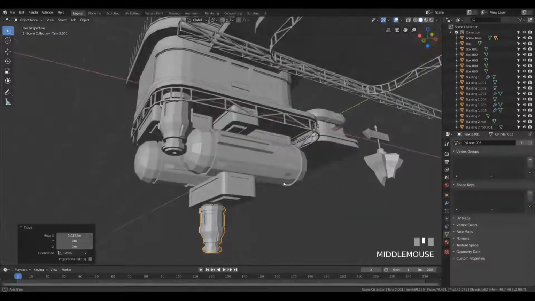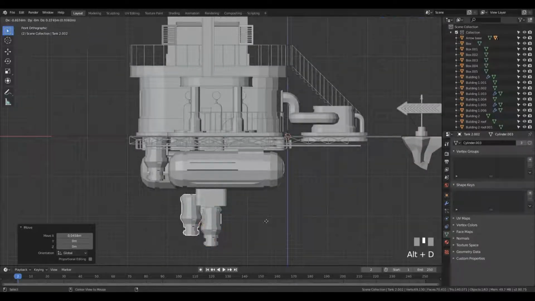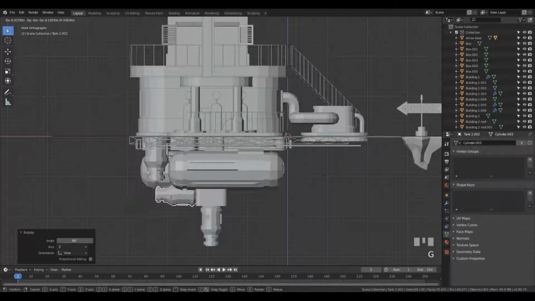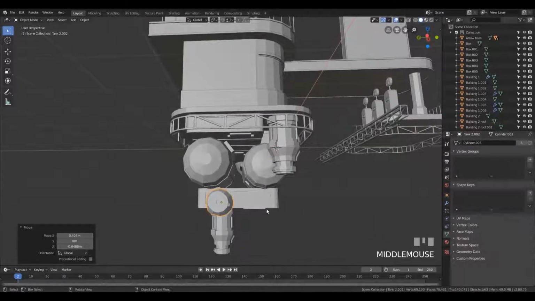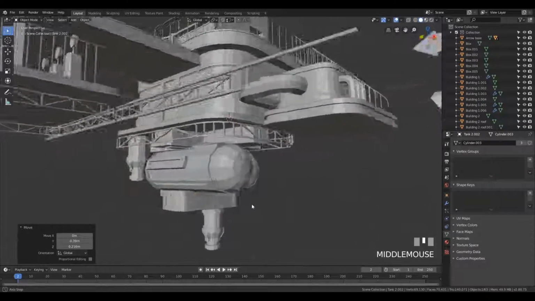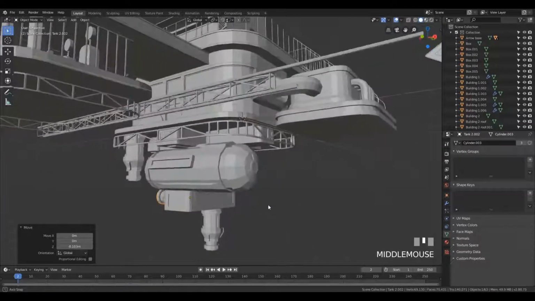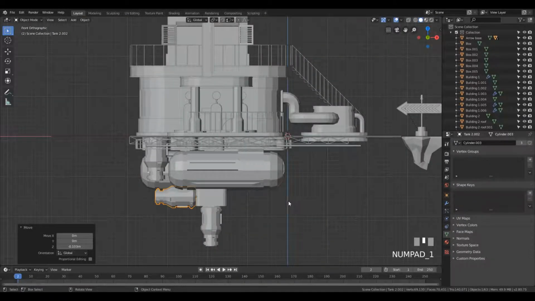So it's placed here, and we can now look from the front, duplicate these, rotate 90 degrees, and attach it here from the side. Or move it here in between, that will look good maybe. Yeah, I really like that placement, and I want maybe the other one too, so let's go to the front view